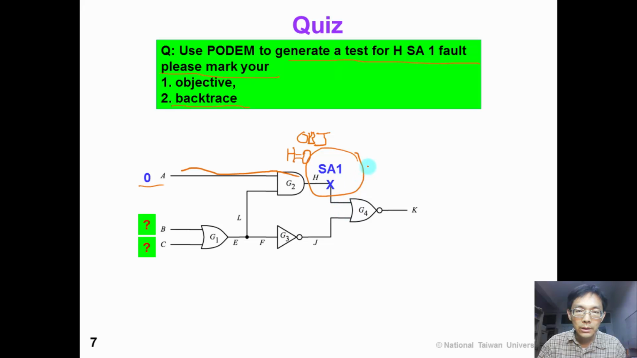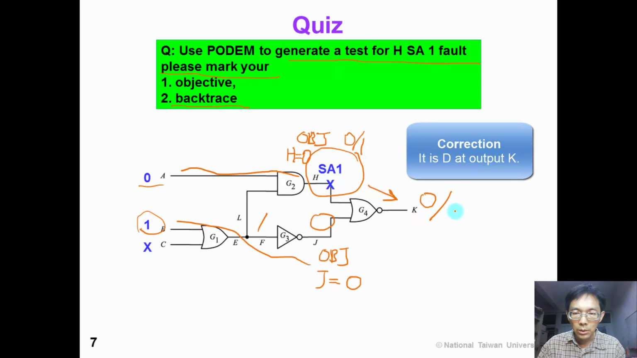And we generate a 0/1 at signal H. Now we want to propagate it to the primary output K. So our second objective is to make J equal to 0. Then we backtrace to input B, and we have assigned input B to 1. If B is 1, then E is 1, J is 0, and we have a D prime reach at output